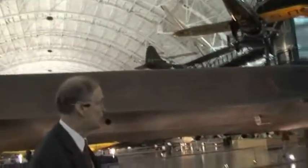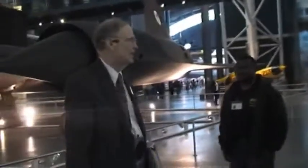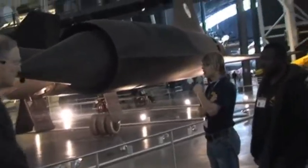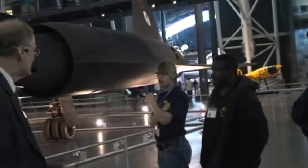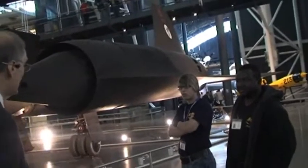But you can see this airplane because when it's flying, the afterburners are always on. So there's flame shooting out of the engines of this airplane at all times. So you can see it. It requires a very special fuel because the fuel circulates all around the fuselage of the aircraft and helps keep the aircraft cool. So it has to be a special fuel called JP7, which doesn't ignite except at very